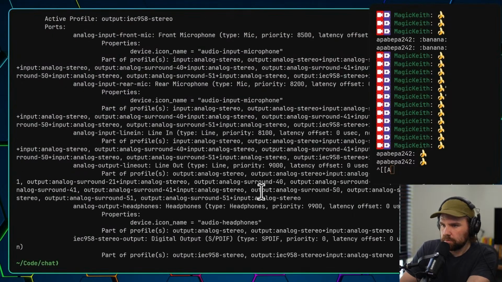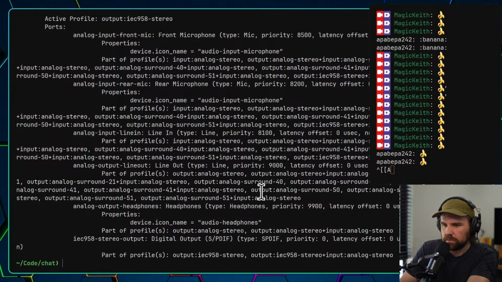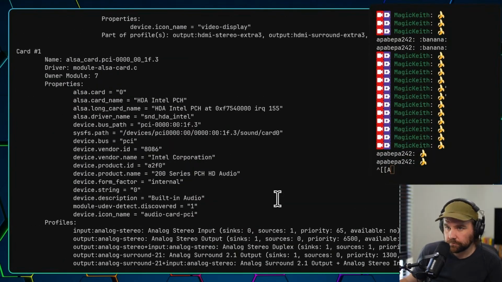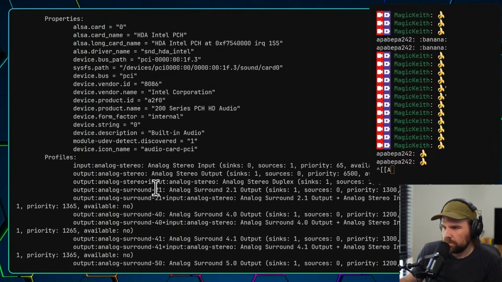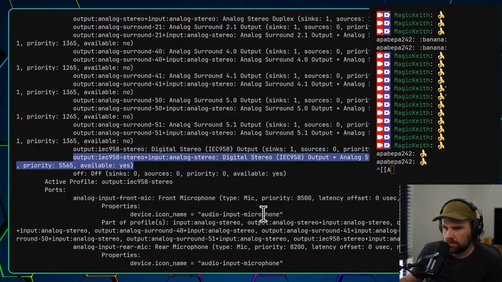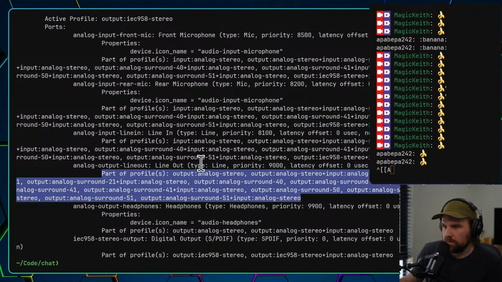Too many things. I want to send it over the Intel, the HDMI output. How do I send it to the digital stereo? Part of profiles.